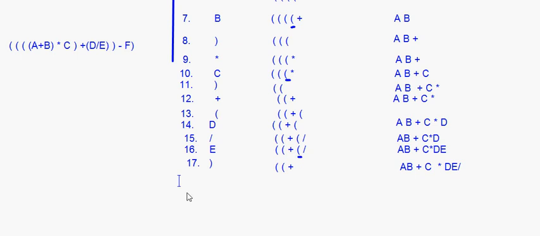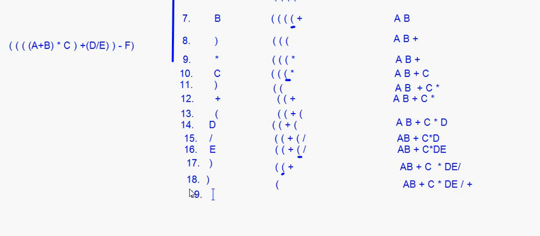Next step, 18th step here. D divided by E, and then the closing bracket has come. After that there is one more closing bracket, right? Now when you take up this closing bracket, the corresponding opening bracket is here. Fine. So now what will happen? Only the first bracket will come in the stack, and in the postfix you will have AB plus C into DE divided by, and then plus. Fine. Okay. Now 19th step.